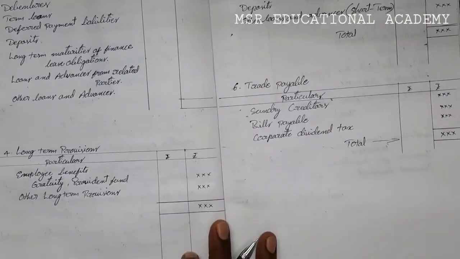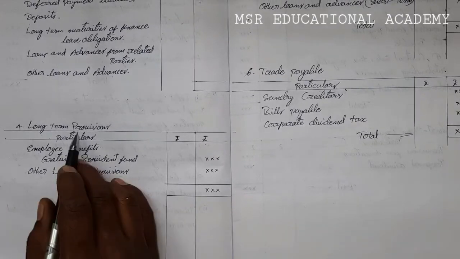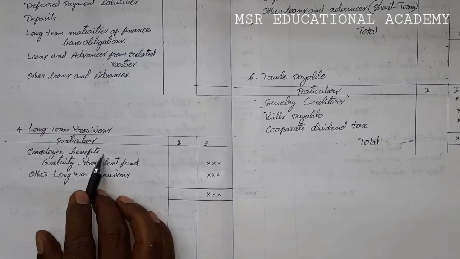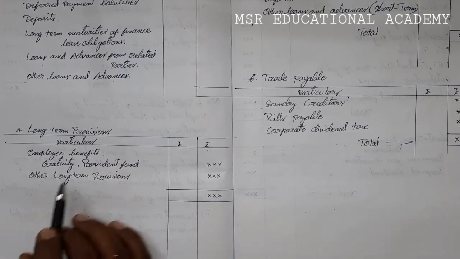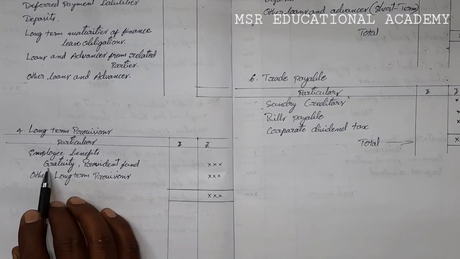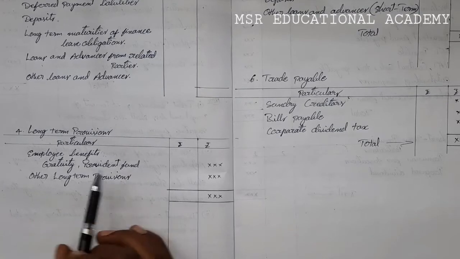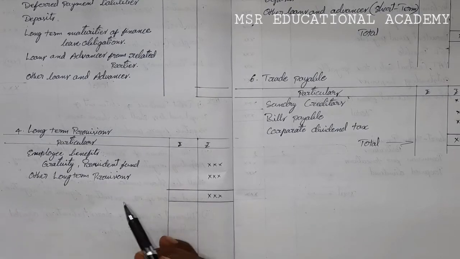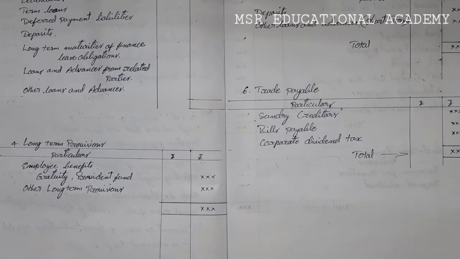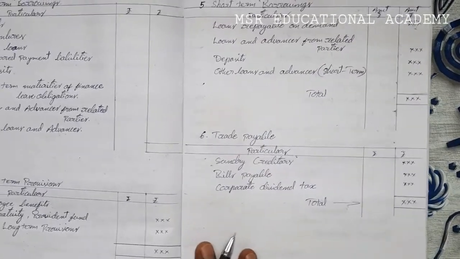Next, after that, a very important heading is long term provisions. That is employee benefits, gratuity, provident fund. Okay, the main important one is employee benefits only, related to gratuity and provident funds, and other long term provisions we should write under long term provisions. These are the only two. In this head there are only two. After that, the next head is